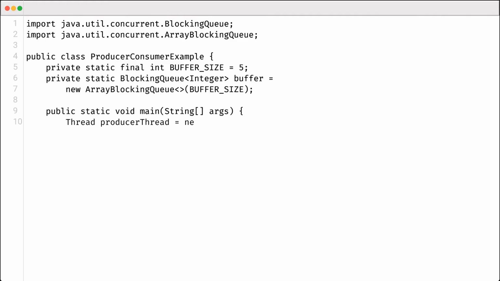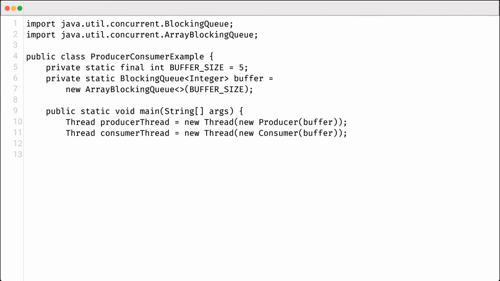that operations are thread-safe. In the main method, we create two threads, one for the producer and another for the consumer. By instantiating our producer and consumer classes and passing the shared blocking queue to each, we set the stage for concurrent operations. The producer will generate data while the consumer will retrieve this data from the queue. Finally, we start both threads, initiating their execution. This setup encapsulates the essence of the producer-consumer pattern, allowing for smooth and efficient data handling without blocking the main